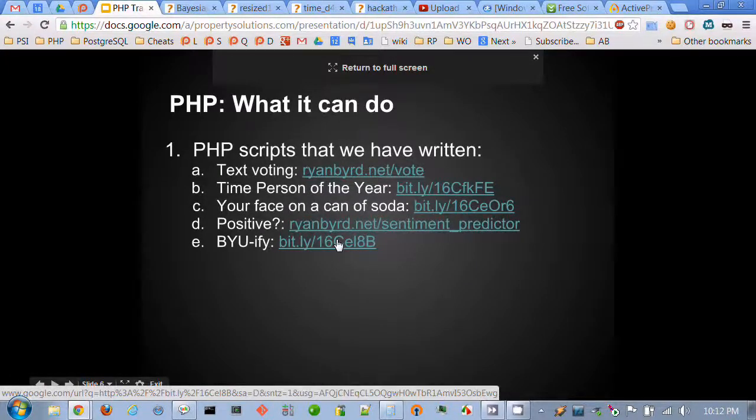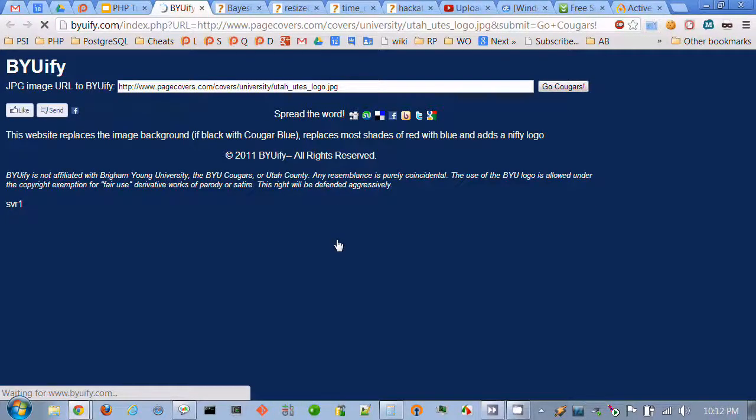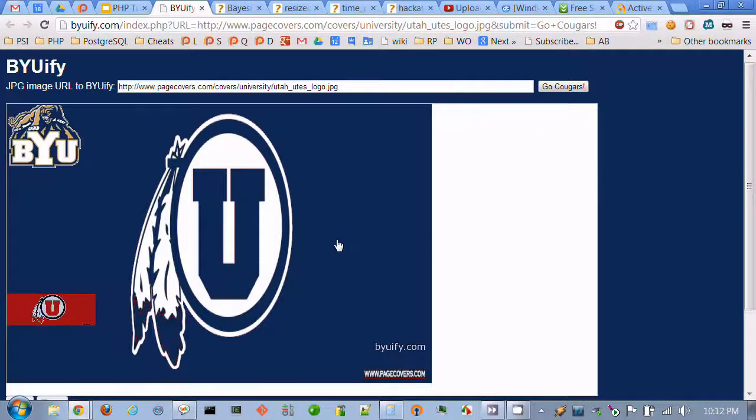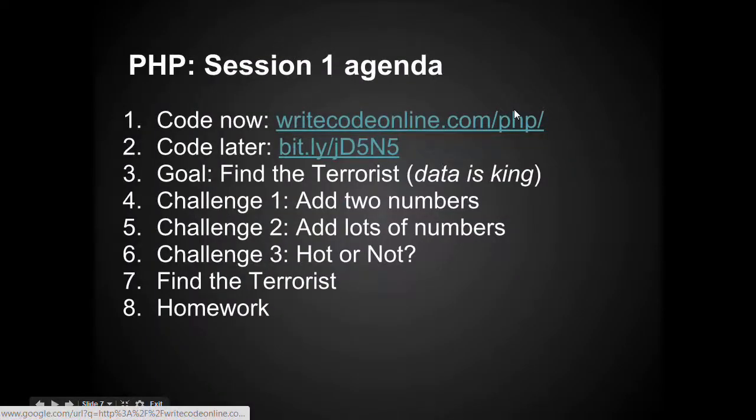Finally, we can BYUify something. Let's look at what that means. Looks like we are basically going to be taking all the red out of something. So yeah, that definitely looks a lot better. Sorry for all of you Utes out there. Ryan and I are both BYU graduates, but with some PHP knowledge,